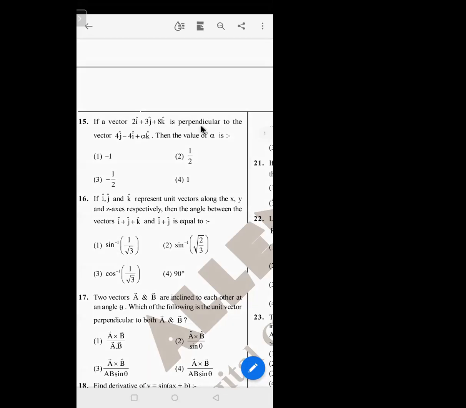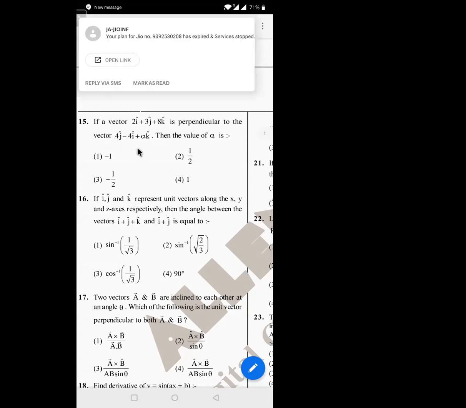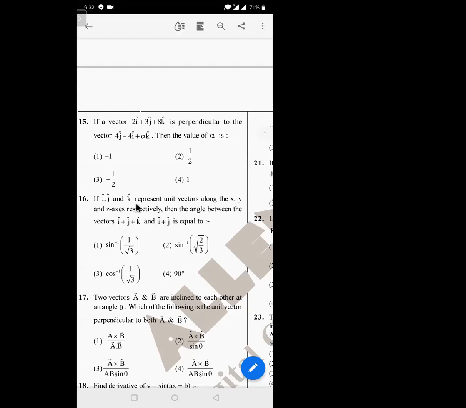So this is perpendicular, you should change this one, you can't get it otherwise. You make this one as 4i cap. Otherwise, you take this minus 4i cap outside and this plus 4j cap inside. You can write it like that also, that doesn't make much difference. So since it says perpendicular, you can take the dot product.